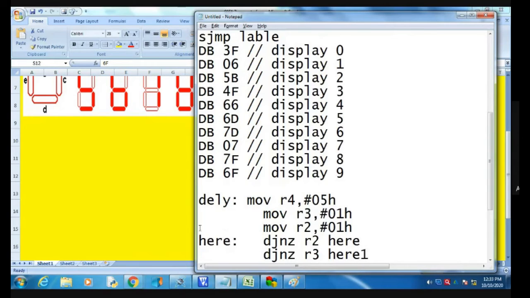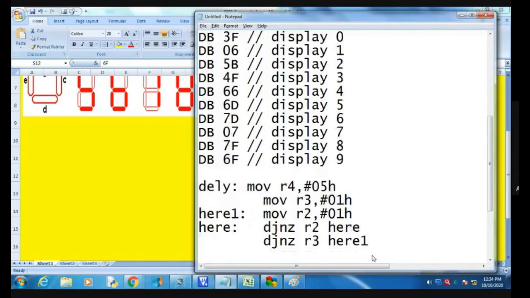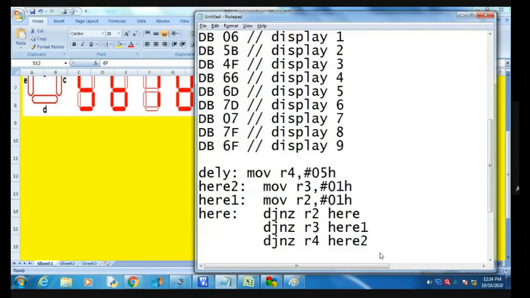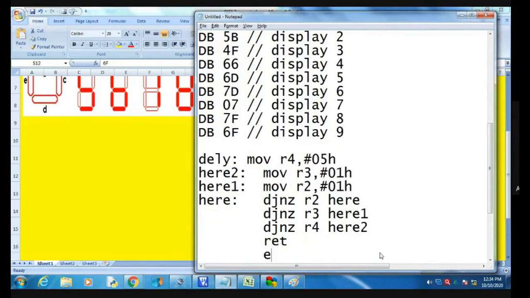And this 1 comes to here 1. And this is 4. Consider here 2. That is here 2. Then RET. Okay, this is a delay program.